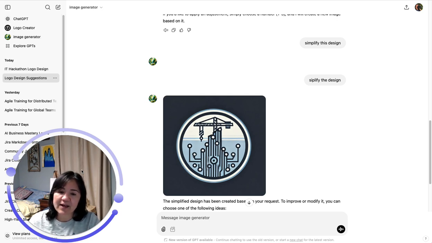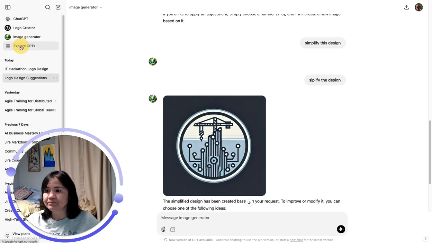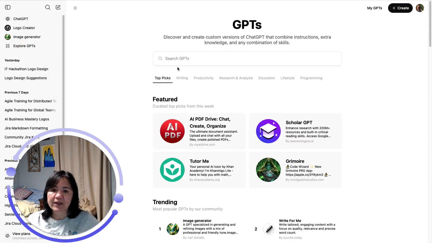They all have a lot of base similarities, but GPTs are made to do specific things. And so what I did is I used the Logo Creator GPT. And how you do that is first you open up ChatGPT and you click on Explore GPTs. And once you do that, you can come up here in the search box and you can type the name